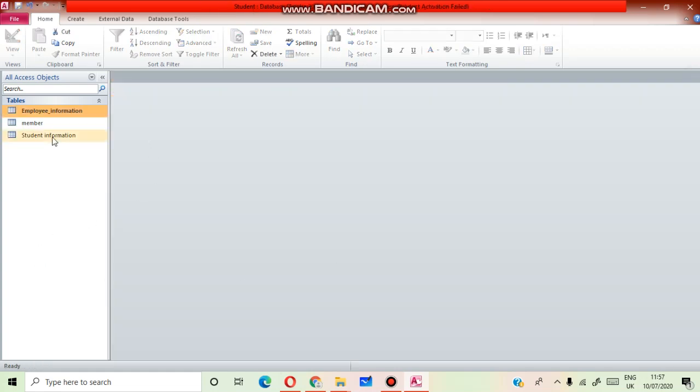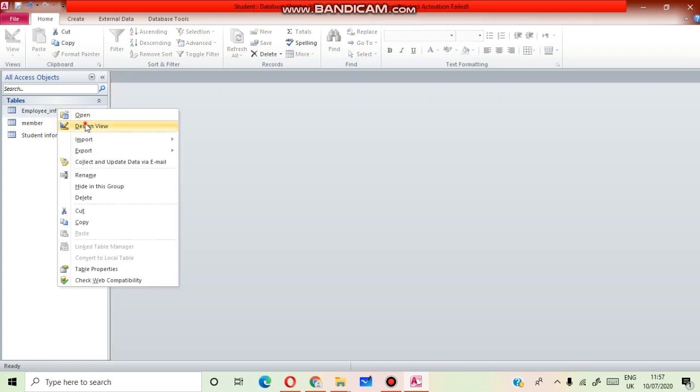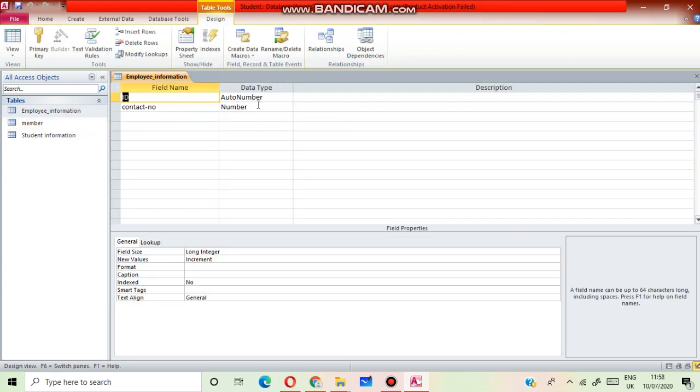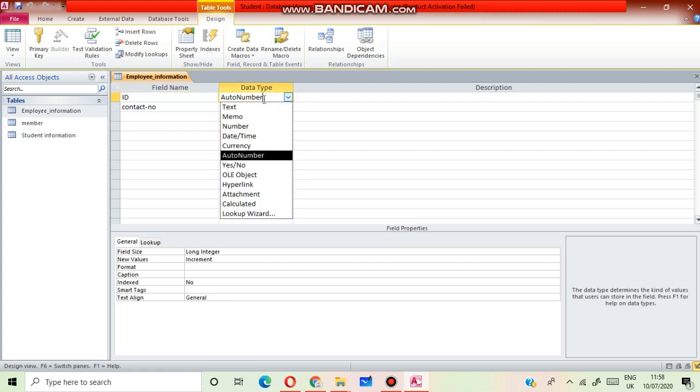Now next, I will show you what data types are. There are different types of data. First data type is auto number. It will generate numbers automatically.